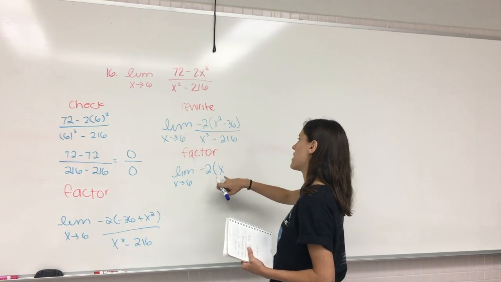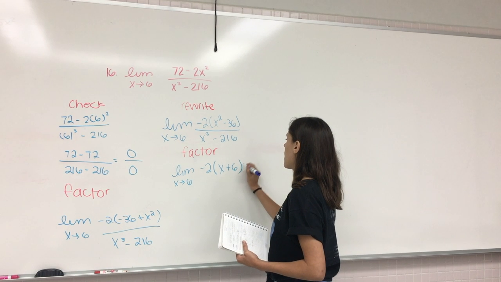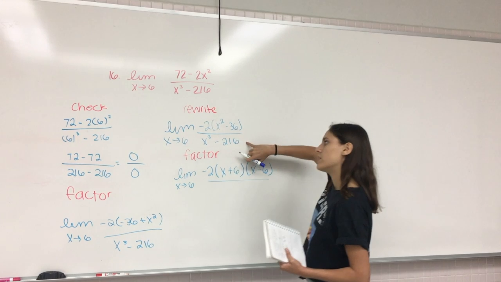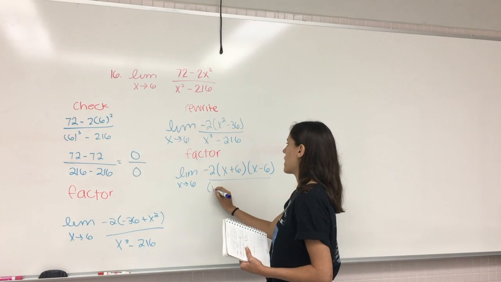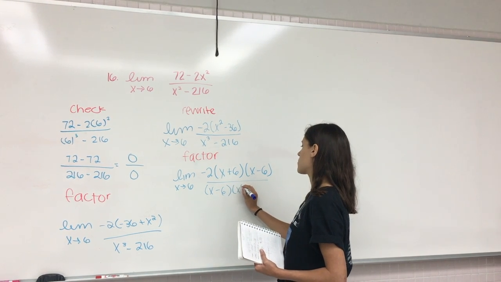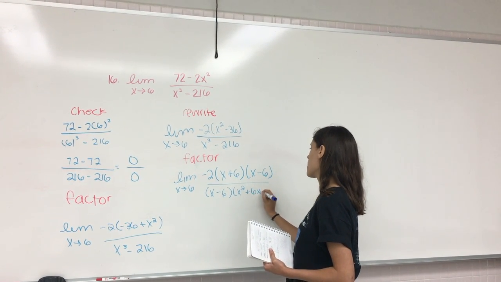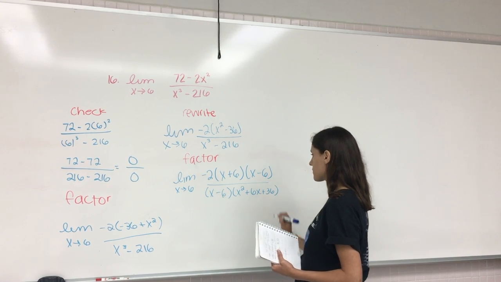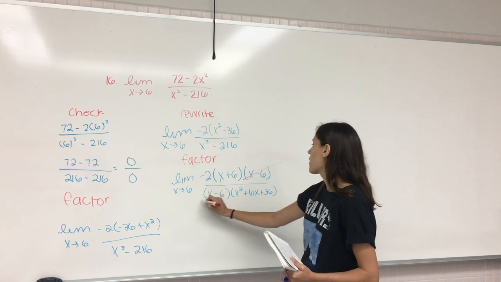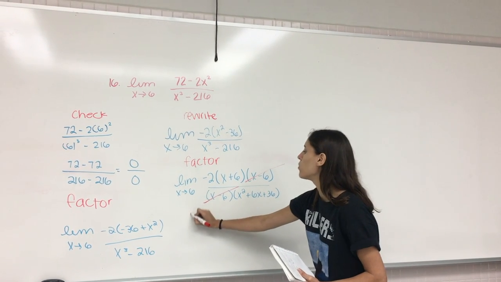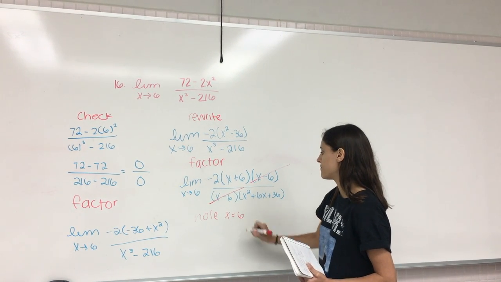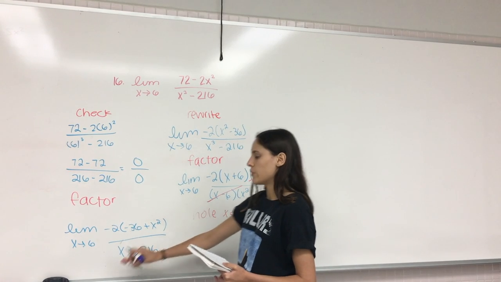Of -2 times x plus 6 and x minus 6 over the difference of cubes, which is x minus 6 times x to the second plus 6x plus 36. Then you can cancel out this, meaning that we have a hole in x equals 6, and then we will just rewrite